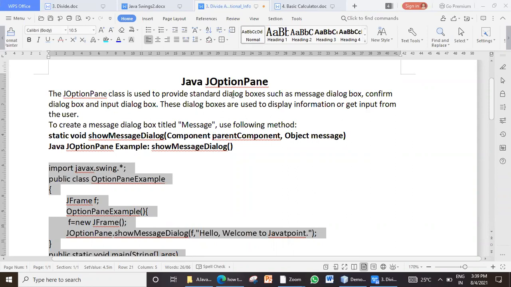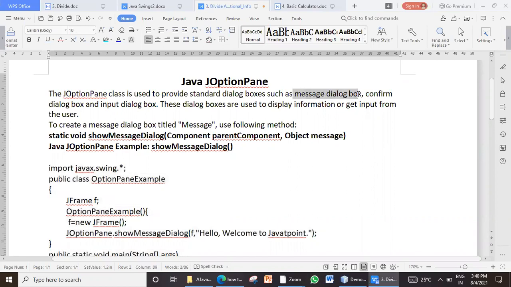Now, these standard dialog boxes are used for various purposes. One is sometimes they just display a static message, so they are called as message dialog box. Sometimes they are called as confirm dialog box. Why? Because there will be some